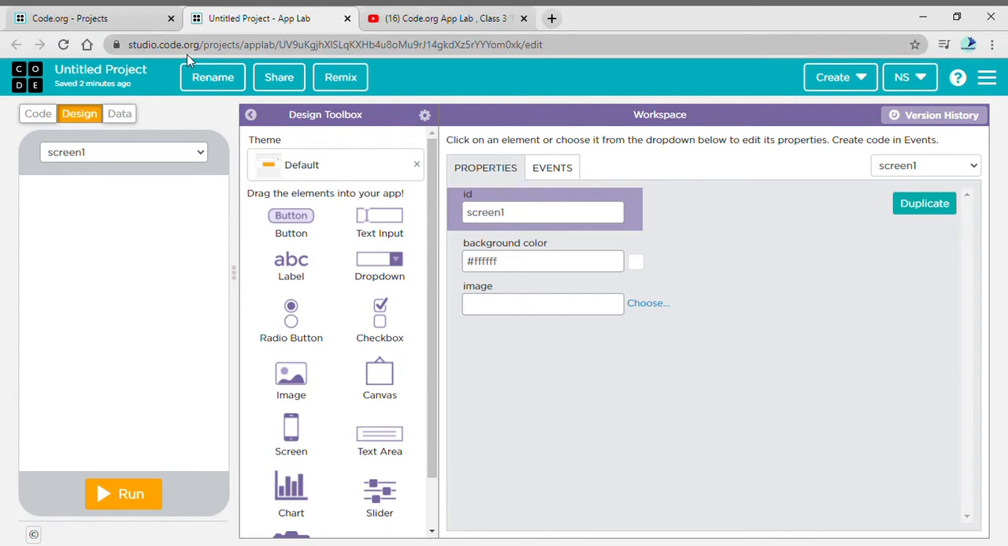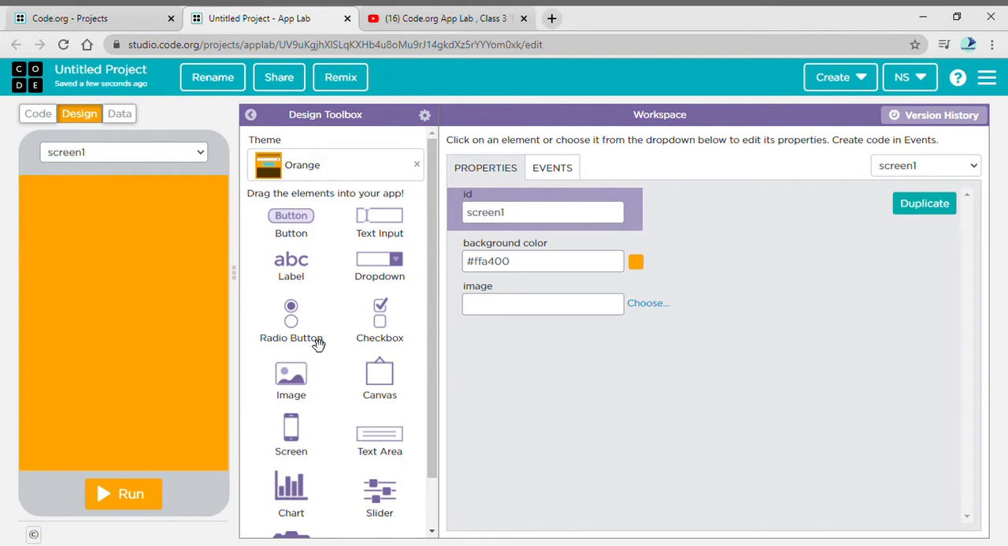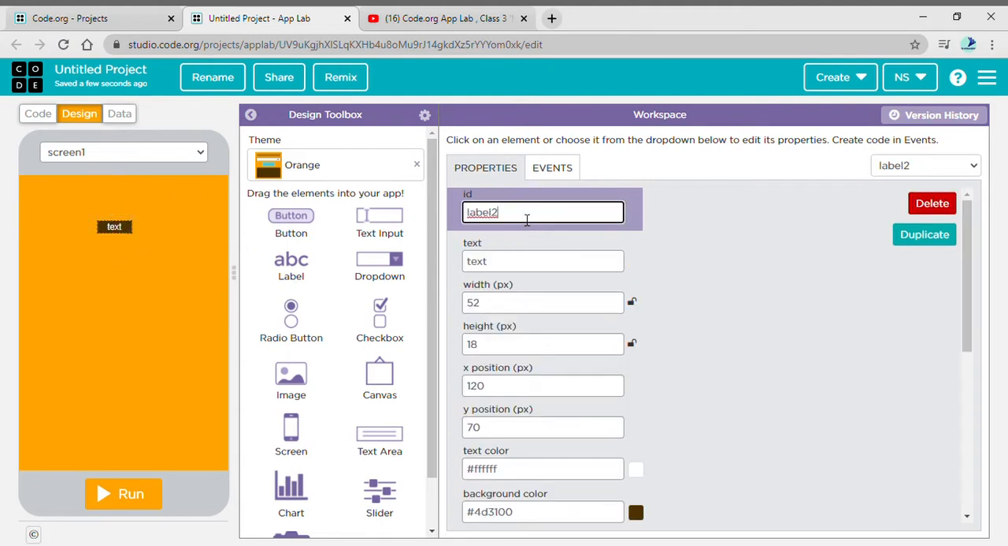So for making a calculator, we have to drag, and first you can change your theme. I want it as orange theme. So first we have to drag a label, like this. Then change its ID like view result. You can do view result, yes, and change its text as